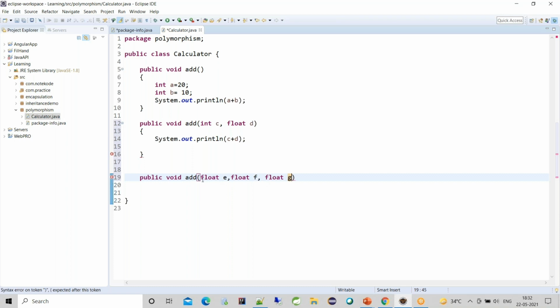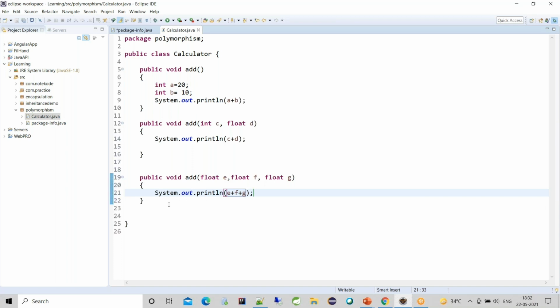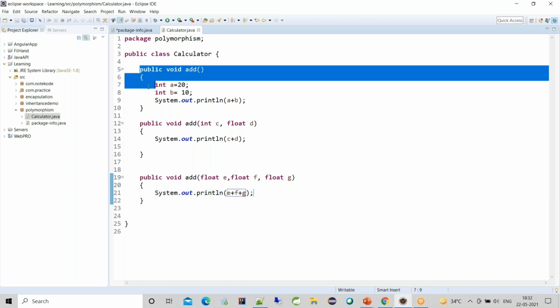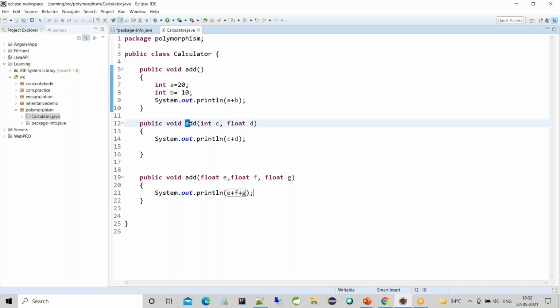I have provided three arguments, and I'll print the sum of these three. So friends, what we are doing here is I have created an add method, and now I am overloading the add method by changing the argument type. I have overloaded the add method first in this way. Now I have again used the add method and overloaded it with three arguments. So this is the concept of overloading.